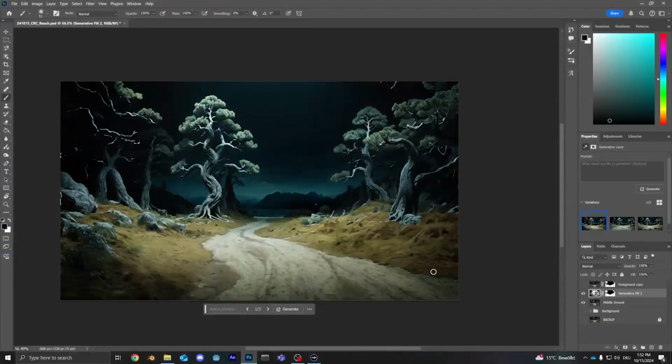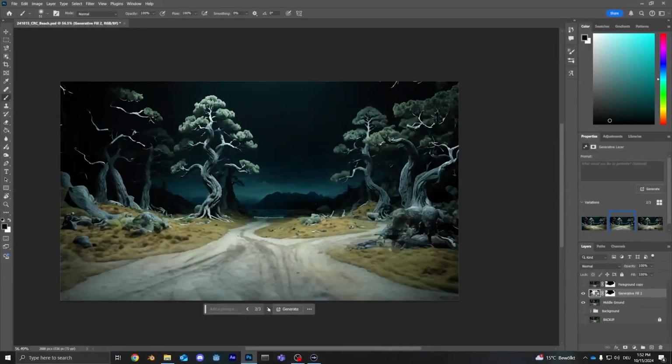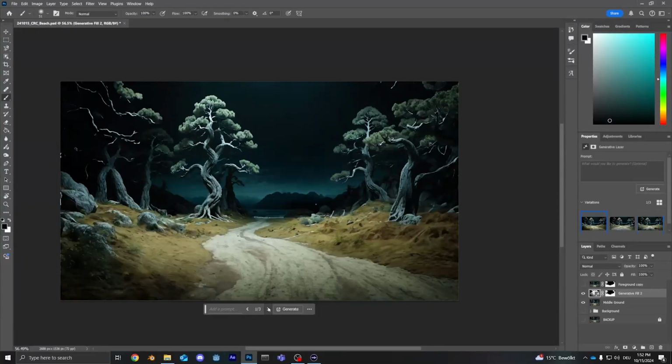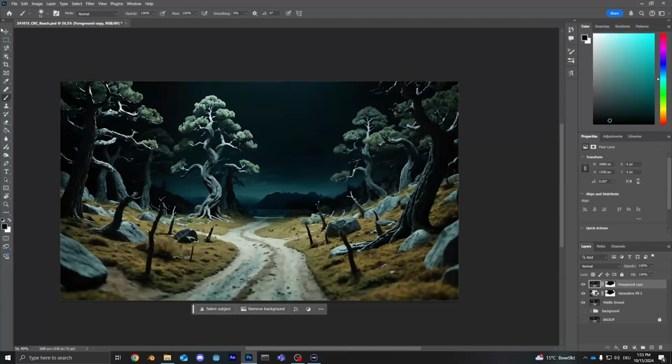And you see it almost perfectly removed our entire foreground. Gave us a couple different options. And this one has kind of the spooky lighting of the original, so I really like that. And I don't think we have to actually adjust that much, because if we show the foreground and take this